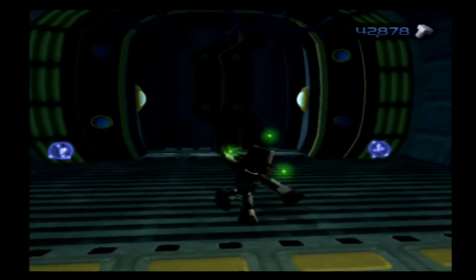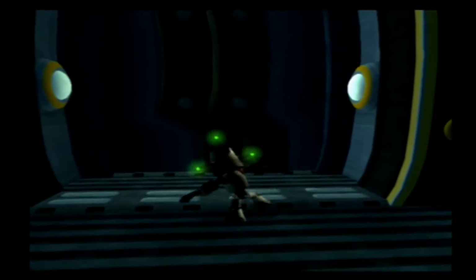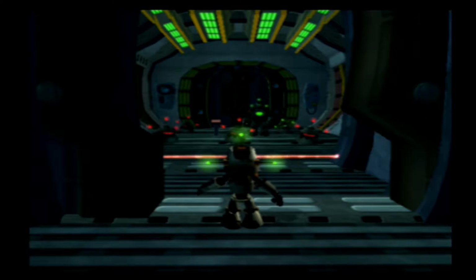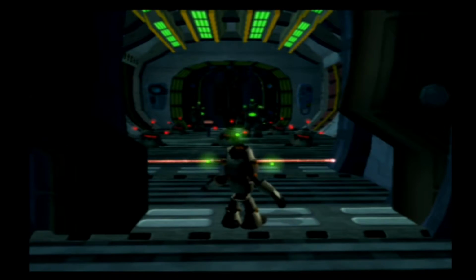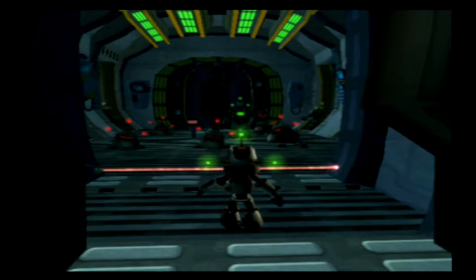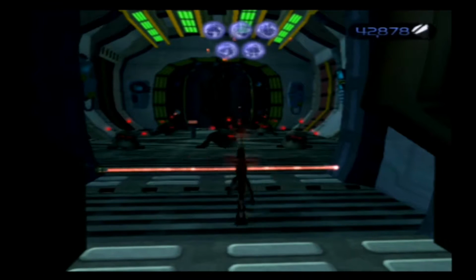Also, do your best to avoid that. I think if you die at any point in this section, you've got to do this whole thing all over again. This part's a little tricky. We have two robots coming in and out of the doors, one robot standing near the switch, and these guard dogs. So what you do here, as soon as the two robots leave, whip out your Devastator and take out